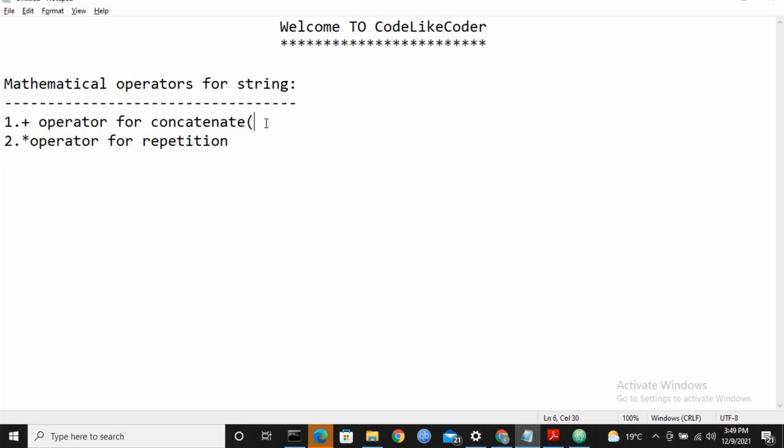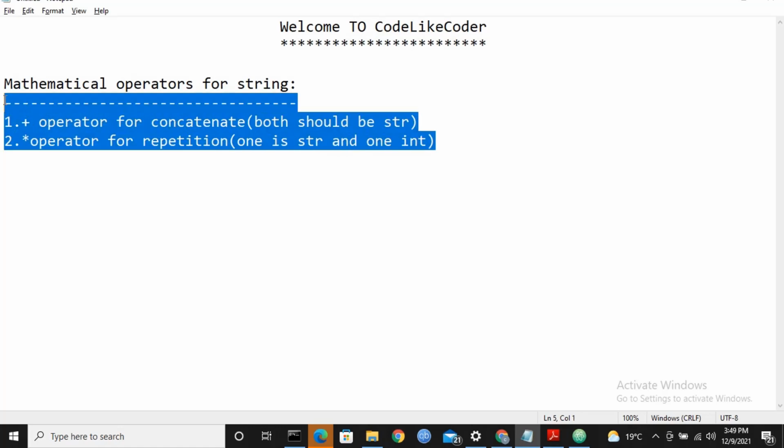In the plus operator both should be string type only, but in the case of the star operator, we are using star for the purpose of repetition, right? So here one is str and one is int. It is compulsory to have knowledge of these two concepts whenever we are working with strings.